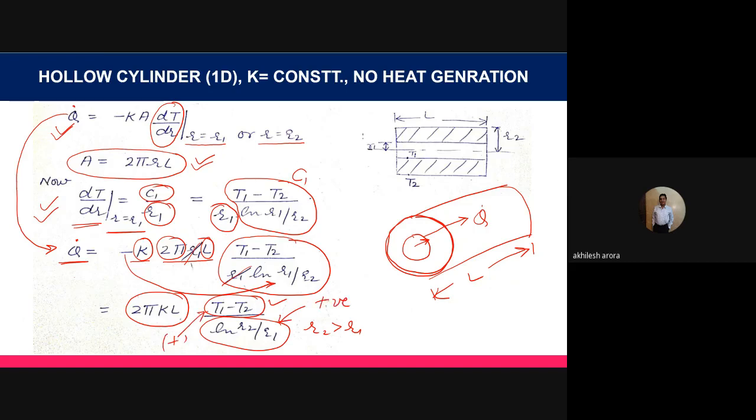So this gives us the value of the heat transfer in case of the cylinder, and we have already derived this particular equation without calculating the temperature distribution equation. We remember that q dot was given by delta T divided by log natural r2 by r1 divided by 2 pi k L. So this is the value of the heat transfer in case of the cylinder.